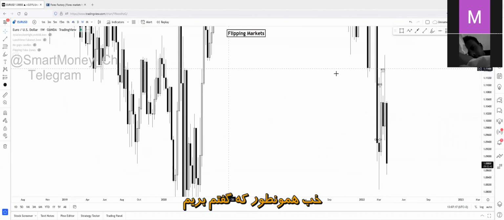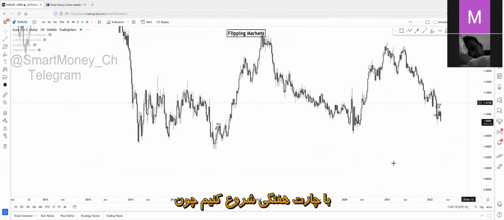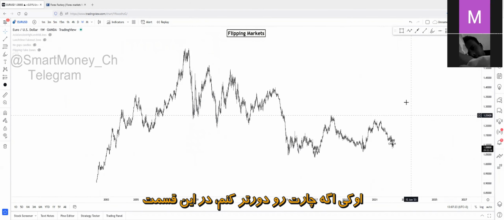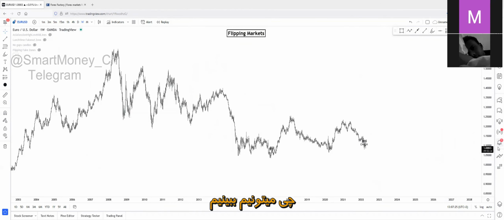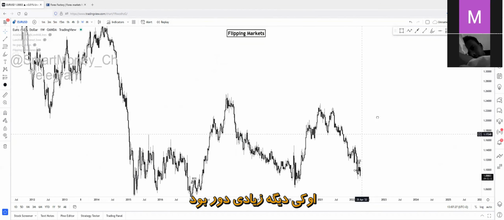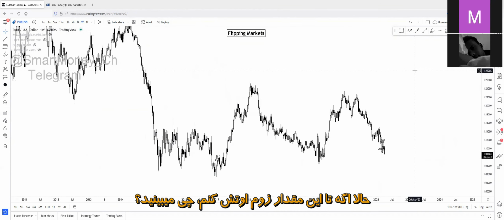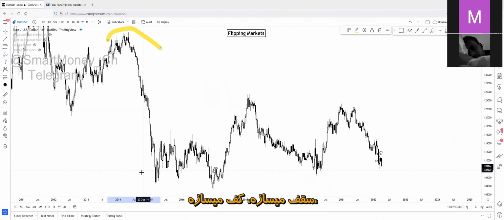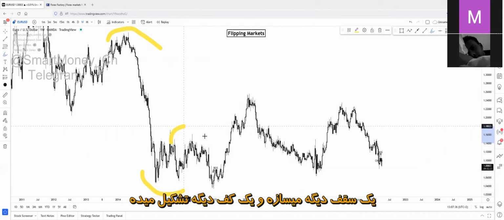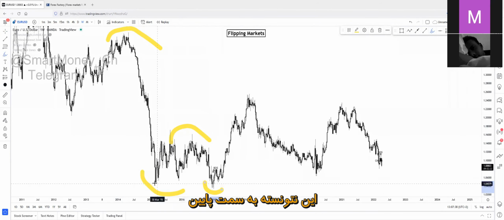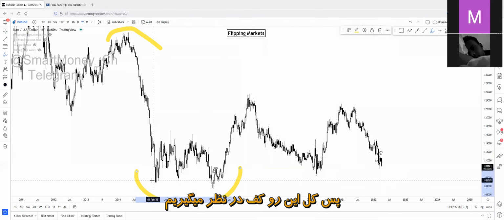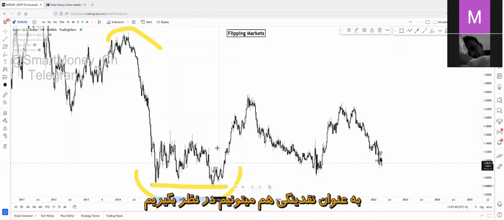As I said, let's begin on the weekly chart, because we have to see the overall higher time frame. If I zoom out, what can we see in this region? We can see that price is in a clear bearish trend, right? Creating a high point, a low point, another high point, another low point, and it wasn't even a break of structure to the downside. So we can consider this as a low point, and we can consider this as liquidity too.